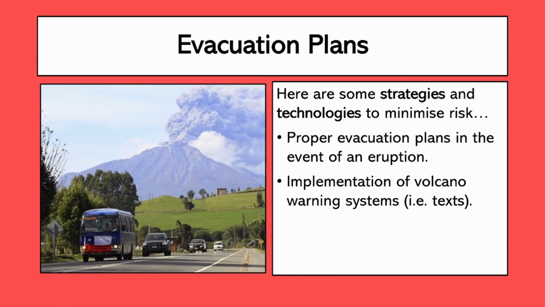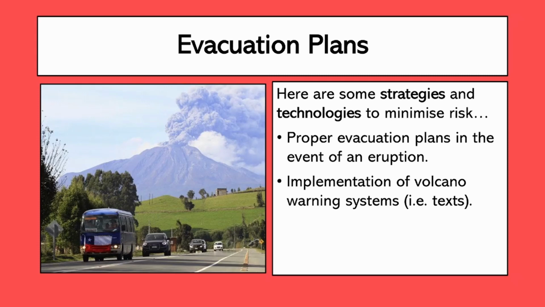Now, the second minimization strategy that we've got in place that we can look at is actually having an evacuation plan. Now, like what we talked about with the plate tectonics last lesson, we can't really stop volcanoes from erupting. What we can do, though, is prepare for the event that they might actually erupt. So part of this is having a proper evacuation plan. So noting down if the volcano is going to be an active one, or it might be a dormant volcano, and having an evacuation plan in place. So working out what areas might need to be evacuated first, to what areas they're going to be evacuated to,